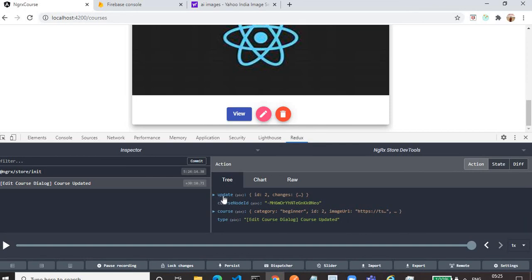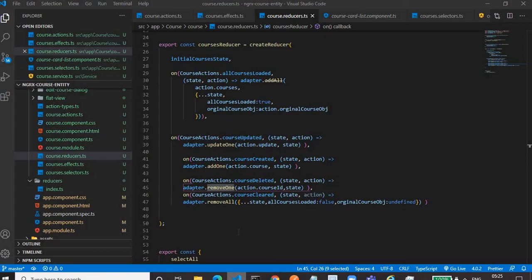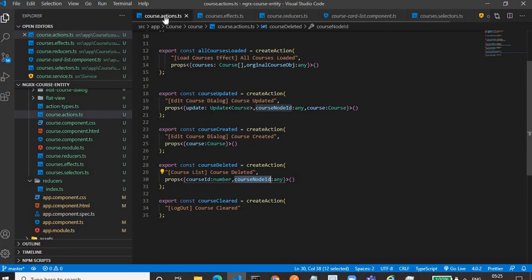This update is necessary for editing. Then we have course node ID as well as course payload. Okay, let's go to the action. In this action, we have course created. In course created, we have a type as well as, no, sorry, it is incorrect action.